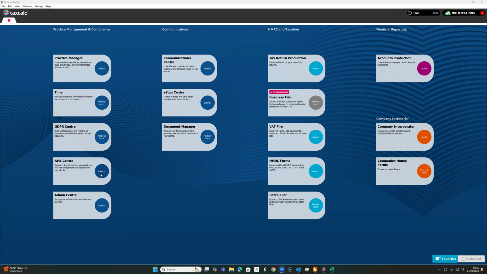status. So as an accountant, we need to make sure we check the anti-money laundering status for every client, because the professional body, for example AAT or ACCA, can come back to you for a review and see whether you actually checked the AML status for all of your clients. So very important. The three things I said are important for Taxcalc: the practice manager, accounts production, and the